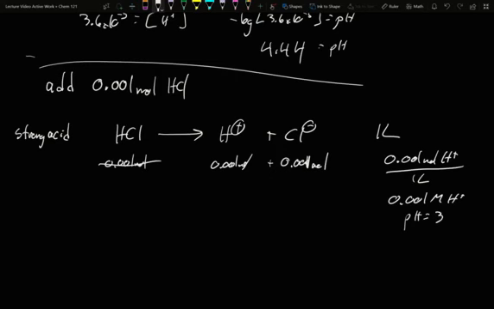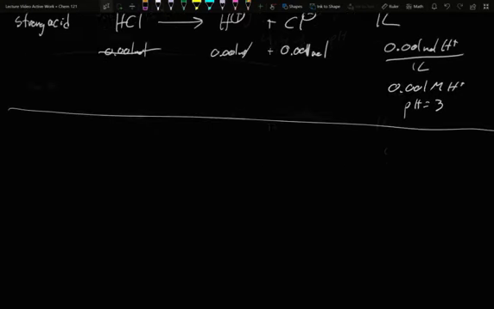Remember that neutral water is pH 7. So by adding 0.001 moles of HCl to a liter of water, we change the pH by 4 numbers, from 7 to 3. What we're going to see when we add it to the buffer is that we're going to have a much smaller change, because of our buffer,